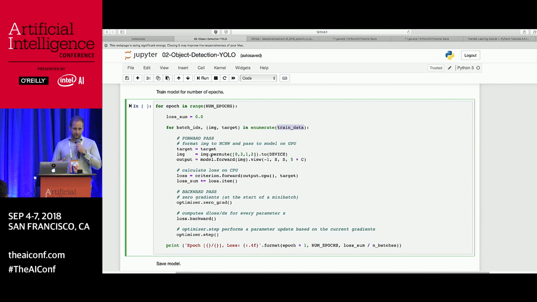I have to first do a forward pass, so that's a little bit PyTorch specific. It would look different in TensorFlow. You have to define the forward pass. Ignore this one, it doesn't really mean anything. There was an operation before which I did not remove. Step one is I have to get the image and I have to permute it a bit, and this is just simply because PyTorch